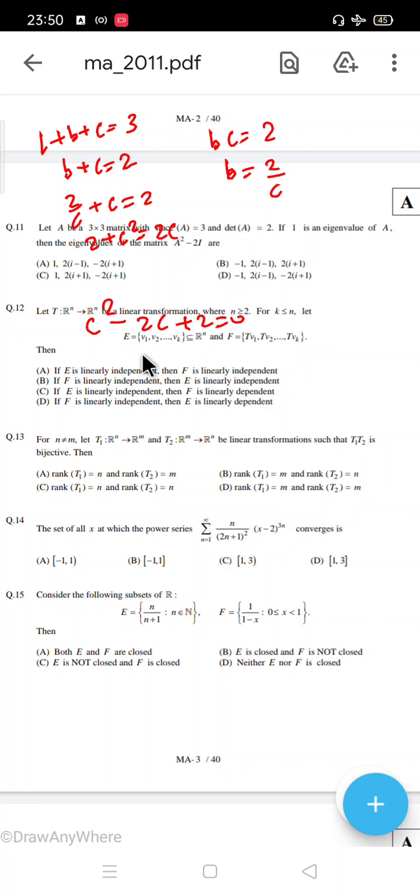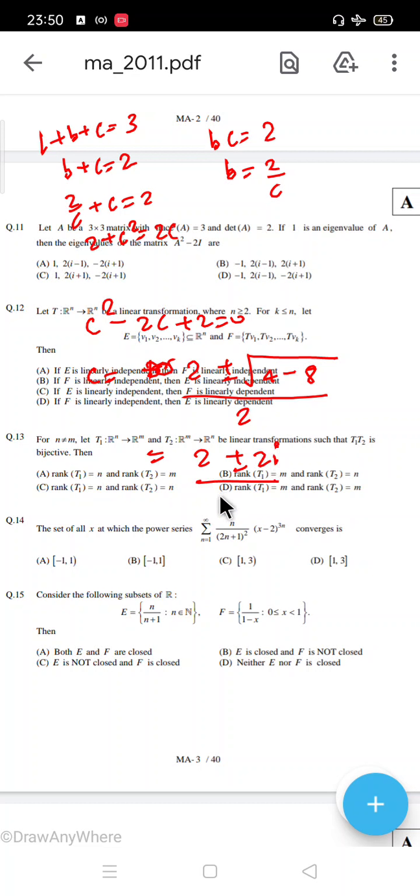So the answer will be C equal to minus B plus minus square root of B square minus 4AC upon 2A. So this is 2 plus minus square root of 4 minus 8 upon 2. 4 I can write as 2i upon 2. So it is 1 plus minus i. So what are the roots? I am having 1, and 1 plus i, and 1 minus i. These are the three roots.